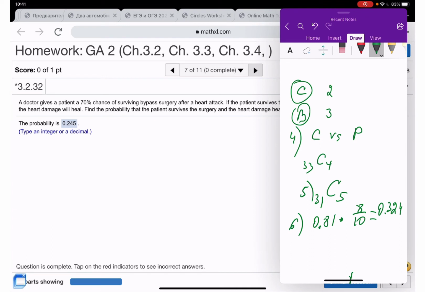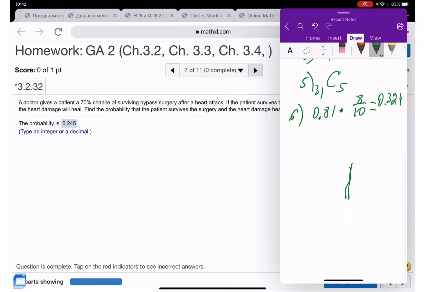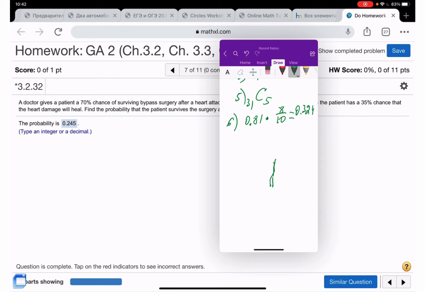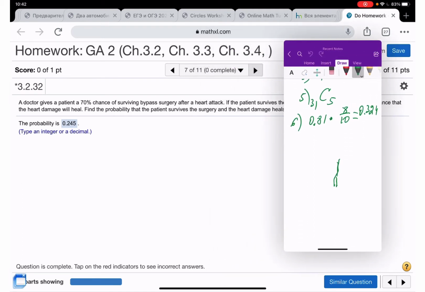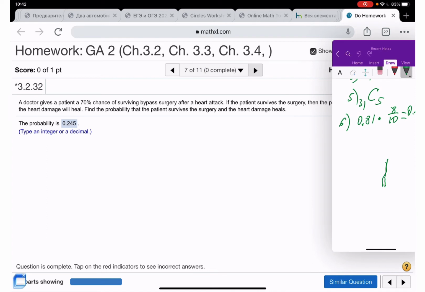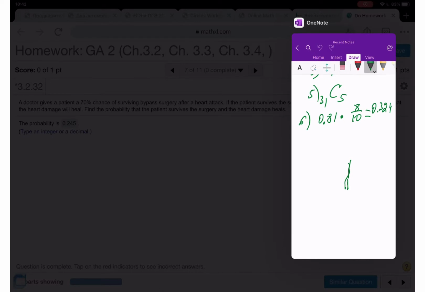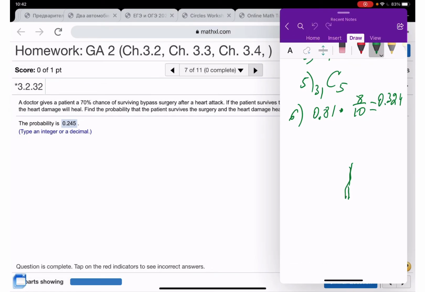A doctor gives a patient a 70% chance of surviving bypass surgery after a heart attack. If the patient survives the surgery, then the patient has a 35% chance that the heart damage will heal. Find the probability that the patient survives the surgery and the heart damage heals. So we have 35% chance and 70% of surviving bypass